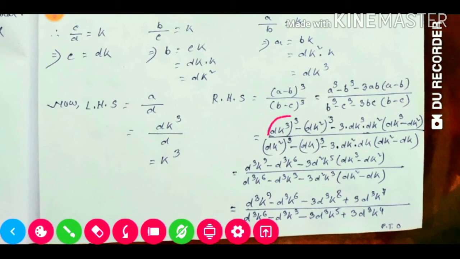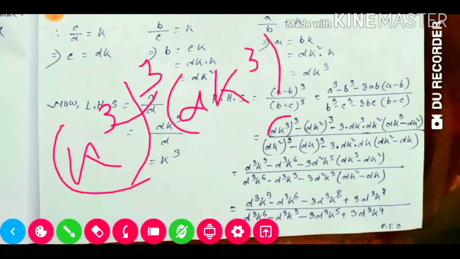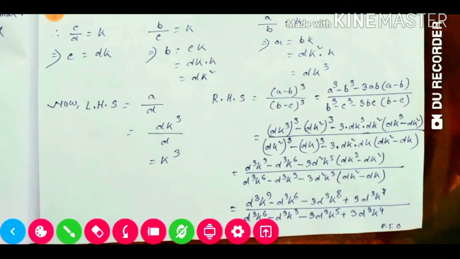D how many times are there? 3 times, so it will be d cube, and k already cube is there, and again our whole cube. So 3 into 3 will be 9, so k will be 9, and d will be only 3, because d top nothing is there before. D like this it was there, k and like this. So d top only 3, and k top already 3 there, again another 3, so 3 into 3 will be 9. Similarly all like this we did up to this much.